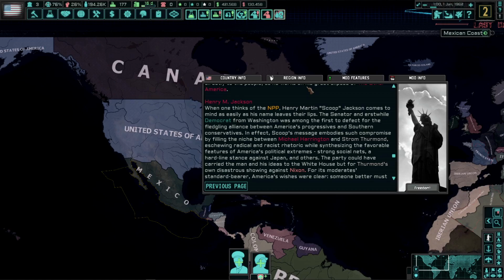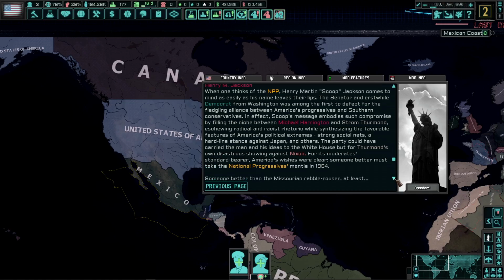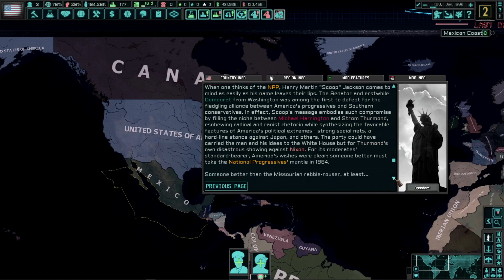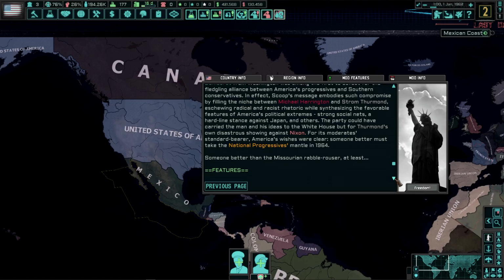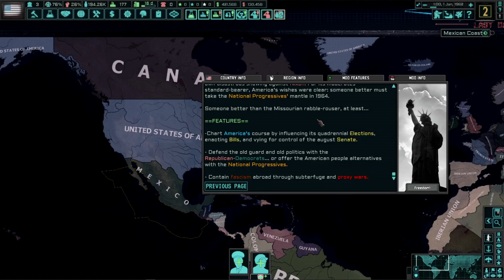The party could have carried the man and his ideas to the White House, but for Thurmond's own disastrous showing against Nixon. Interesting. For its moderates' standard bearer, America's wishes were clear. Someone better must take the National Progressives' mantle in 1964. Someone better than the Missourian rabble-rouser, at least. Okay, so we got progressives,